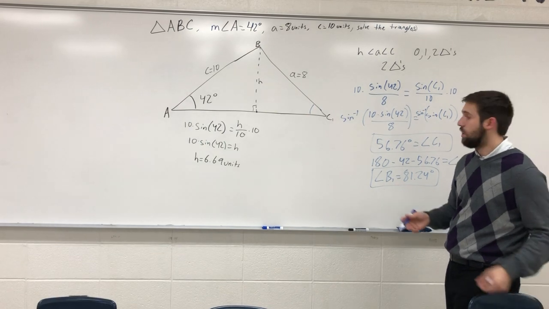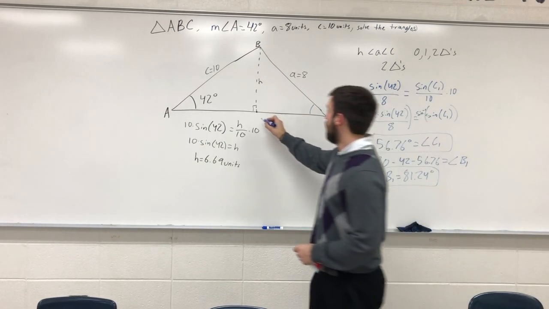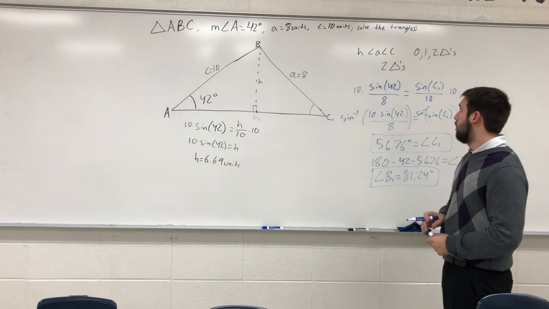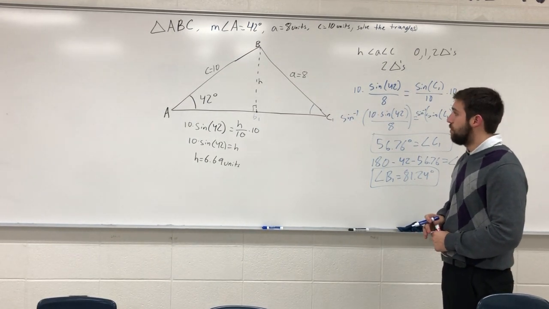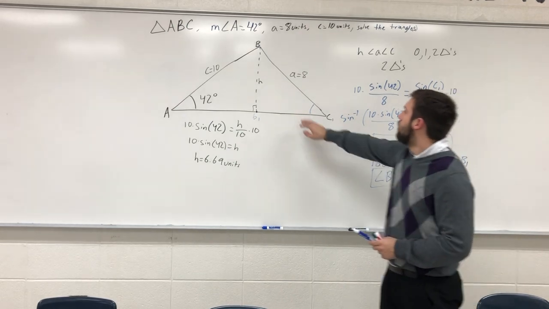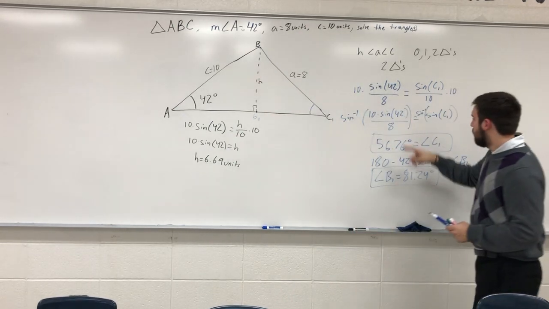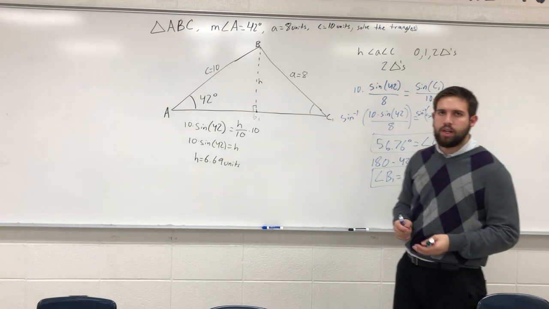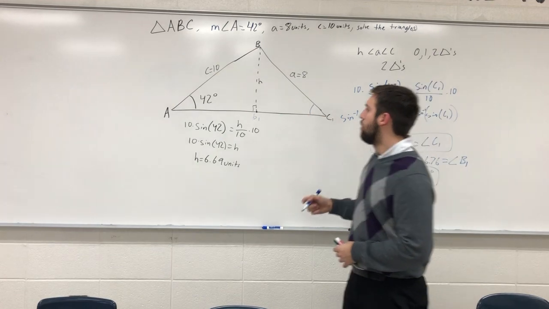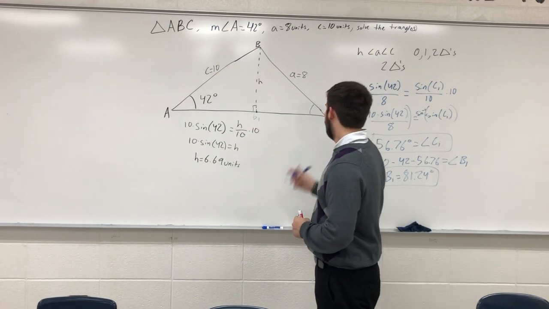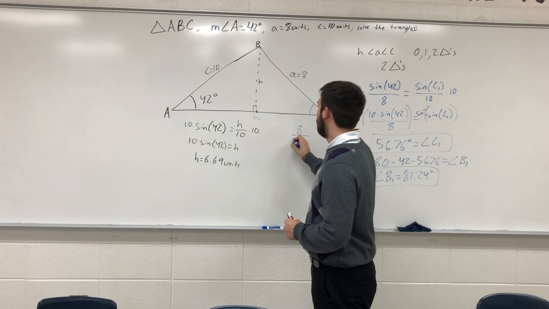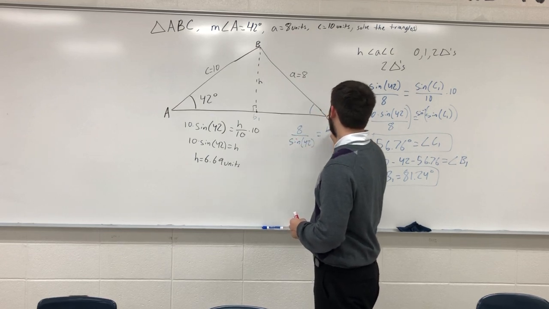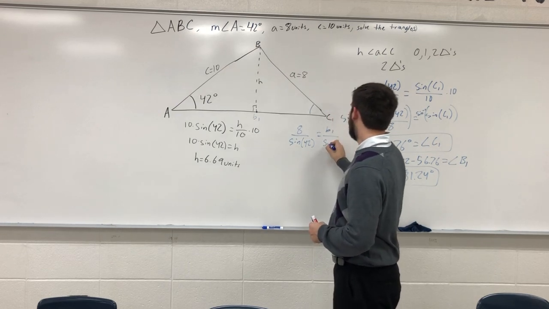The only thing I am missing in this triangle is this length of B1. So to do that, I need to set up another law of sines ratio. And now, you could use C1, but I've already rounded that answer to 56.76, so instead of calculating a rounded answer from a rounded answer, I'm going to be more precise by using the given information. So I'm going to take 8 over sine of 42 equals B1, what I'm looking for, over sine of